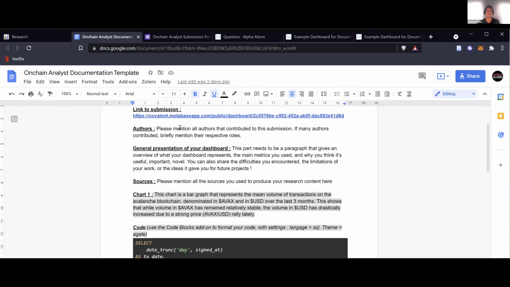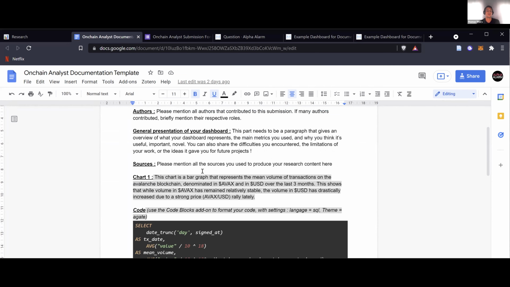So you have the authors, the submission itself, a general presentation of the dashboard, and then you have to include the code you actually use to make those charts, so we can review it, edit it, and publish it in a GitHub repository. And so this is super important because it will allow the reviewer to